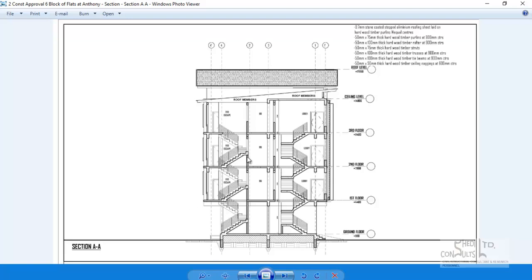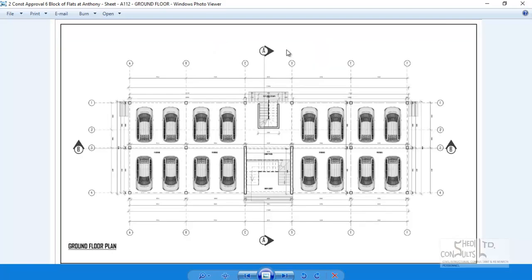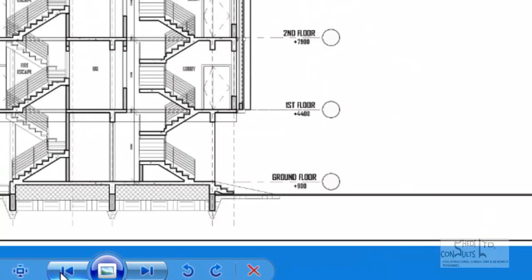Okay, so section A, look at this section. Let's be on the same page. This section A, you're looking right. The section marker shows the direction in which you're looking. You look right. So if you go to section A, where you're looking right,